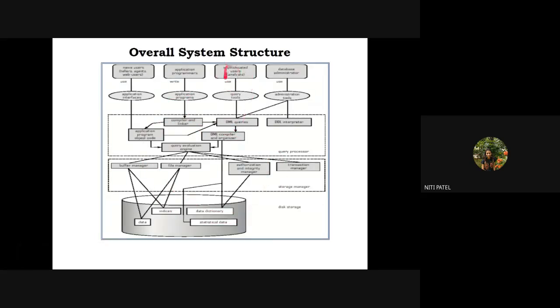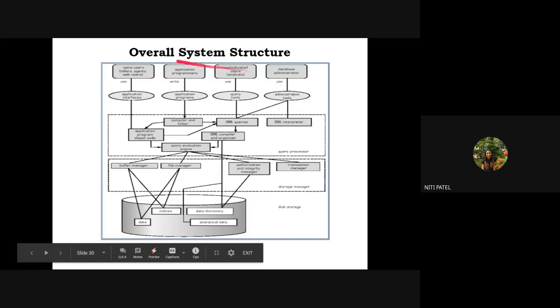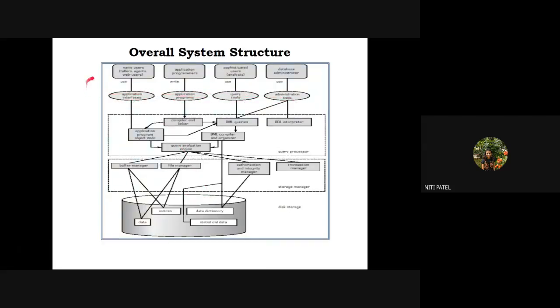What were sophisticated users doing? They were giving a query to somebody else, and that query was being executed by somebody else, and they were given back only the data. And what is the database administrator doing? It is looking after the entire administration of the entire database from all the user points of view as well as from the data point of view which is stored inside the system. So this line is nothing but the base through which these users are interacting with this database.